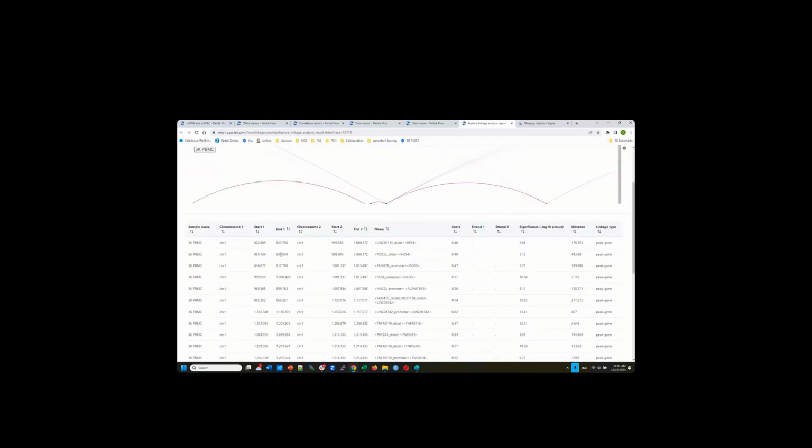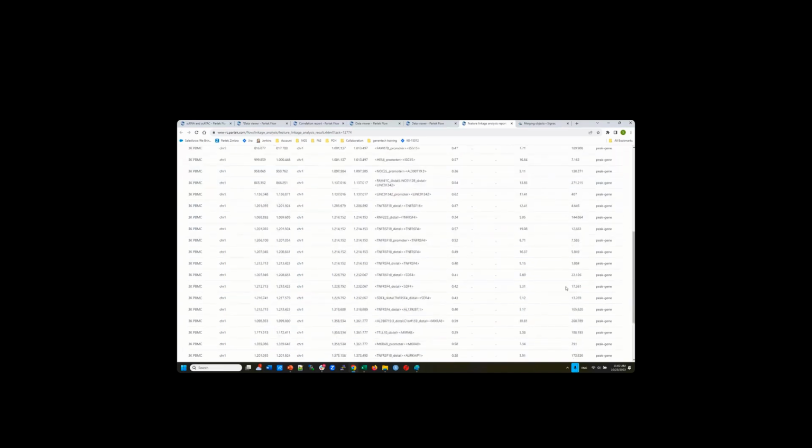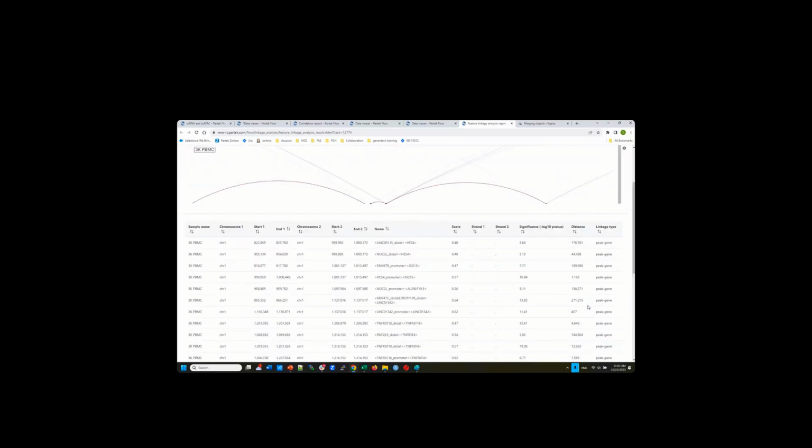At the bottom is the linkage Cell Ranger calculated between gene expression and the ATAC information, and they give you the distance. I think this is nice, and we are going to add more features in Flow for